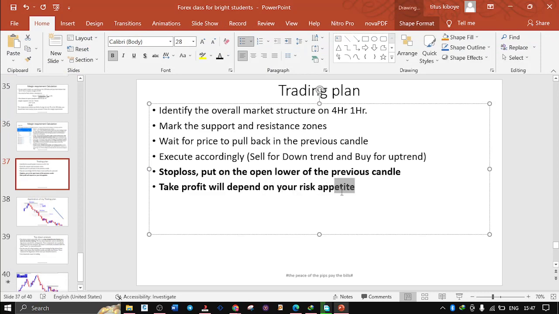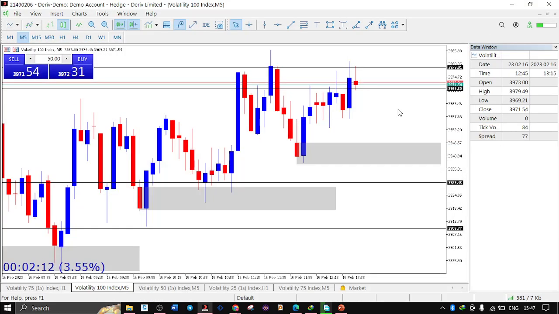You understand? When you put a stop loss that is going to be $10 down, what is your risk appetite telling you? Maybe I want a profit of 90. That's 1 to 9. So you'll have to wait until your take profit of $90 is reached. That's when you'll get out, or you'll be prompted to come out if the trade reverses, when you see another setup, maybe a bearish engulfing candlestick comes up. You understand?